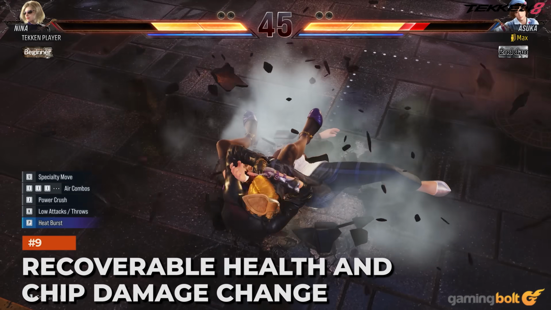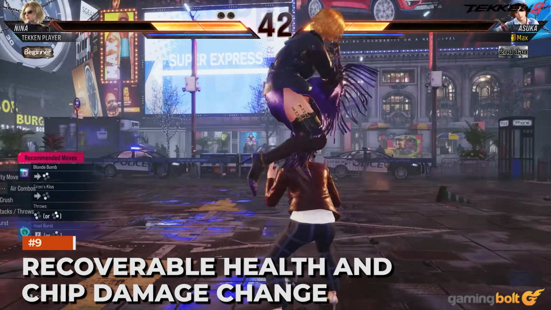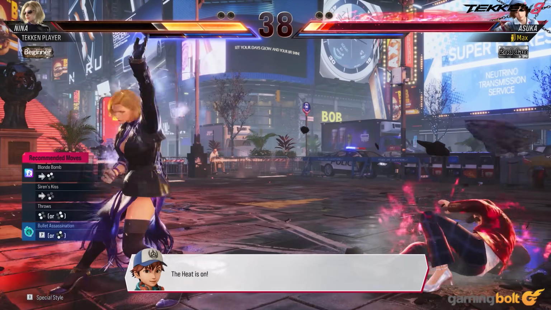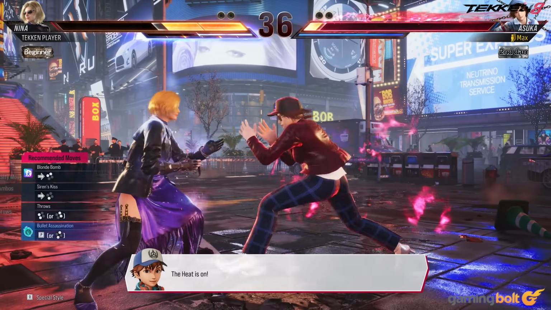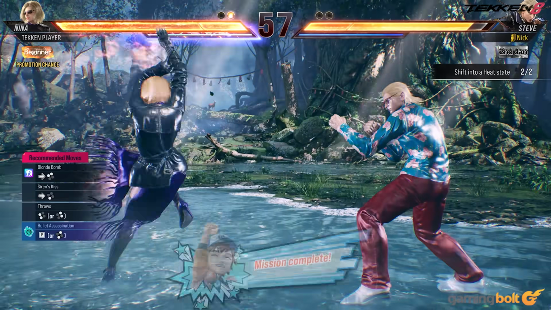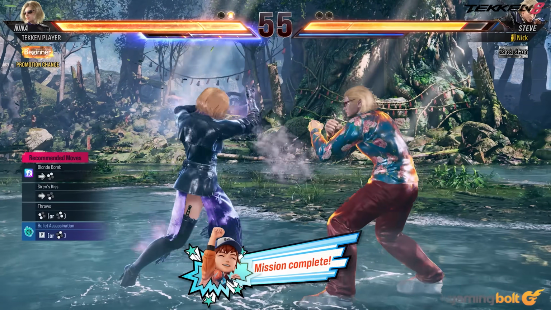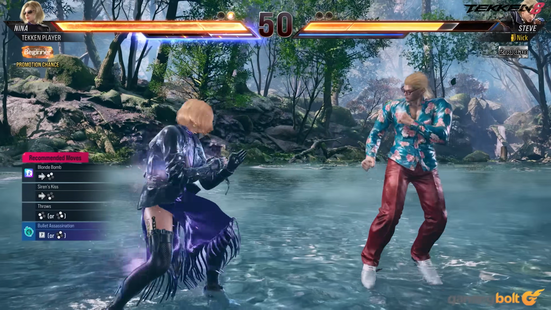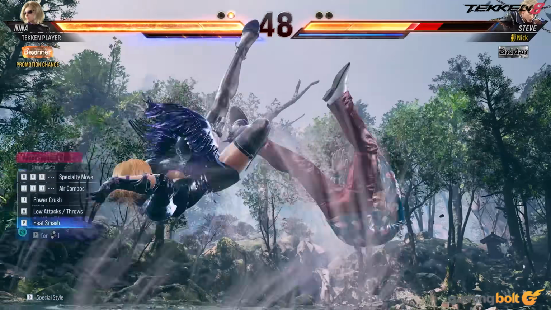Recoverable health and chip damage changes. To fit into the more aggressive style of play, recoverable health from Tekken Tag Tournament makes a return. However, it's only recovered on successful attacks, even if an opponent blocks. Chip damage comes into play as well. Some attacks still deal chip damage to blocking opponents, but now attacks in the heat state can dish out the